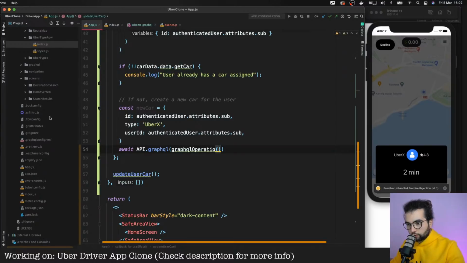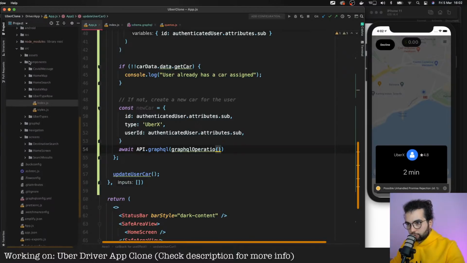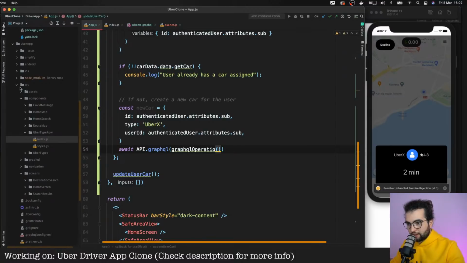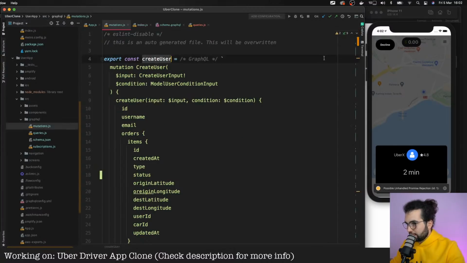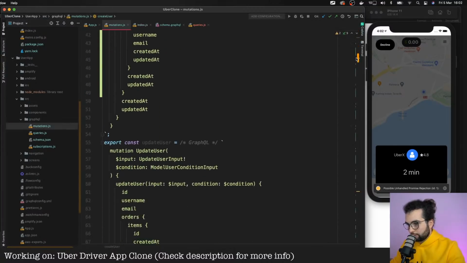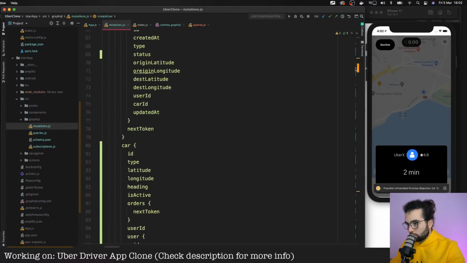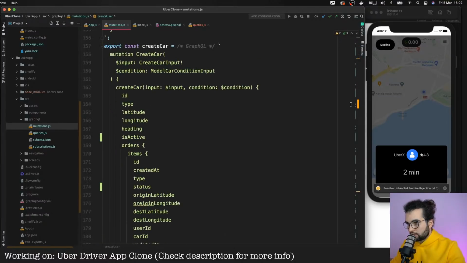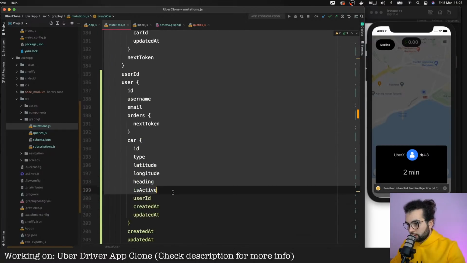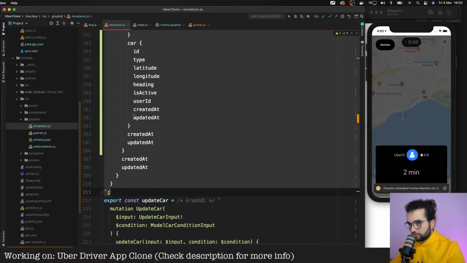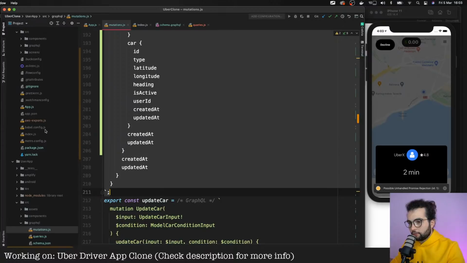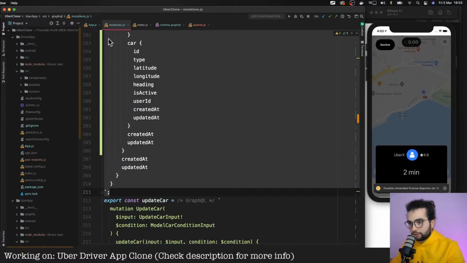If we go back to our user application, because that's where we have all these queries, GraphQL mutations. Here we see create user. No, that's not what we actually need. Update user, delete user, create car. Yeah, this is the one that we actually need. Create car. Oh my god, so many fields. Yeah, we'll clean it up a bit, so the query will be smaller.